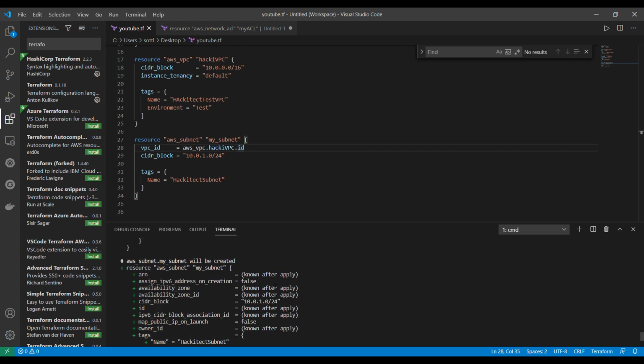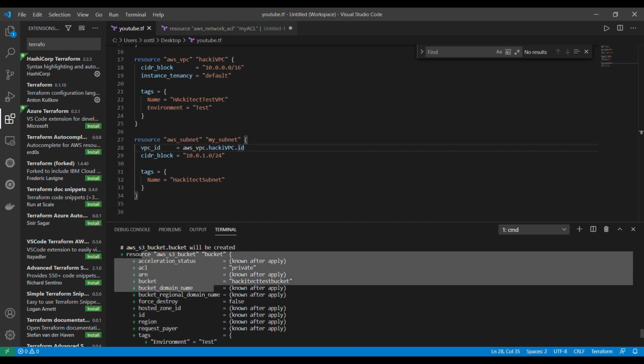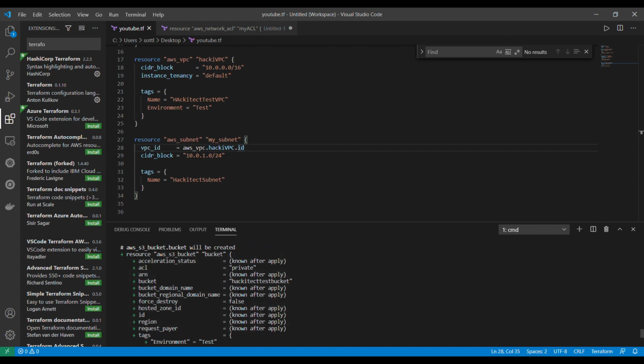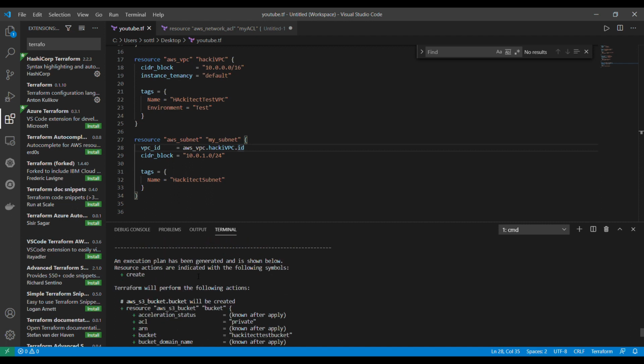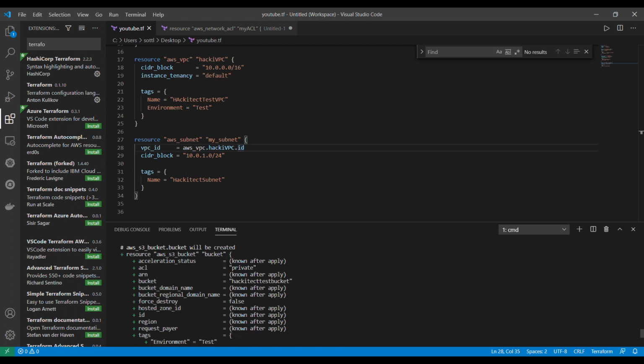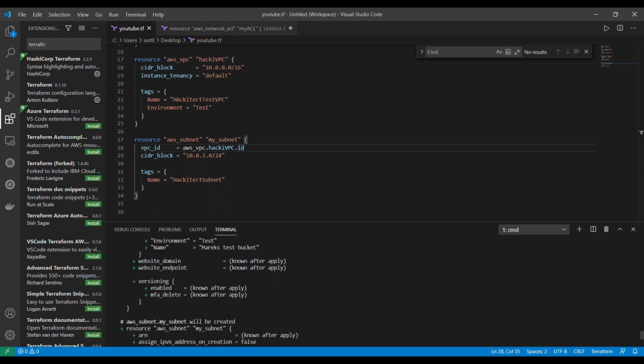For the changes, and for change management, a special file is used, the state file, which is basically tracking all the changes in your environment. Here we can see that the resource AWS S3 bucket will be created and with which parameters. Some of the parameters will be known after apply. Here we see it: the AWS S3 bucket will be created, ACL will be private and force destroy will be false. And the next things that will be created are a subnet and a VPC.